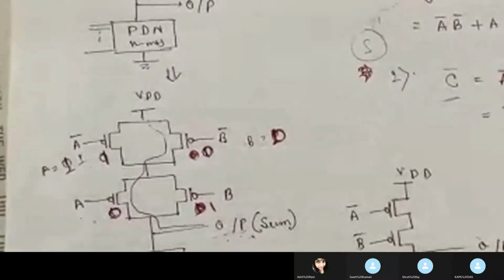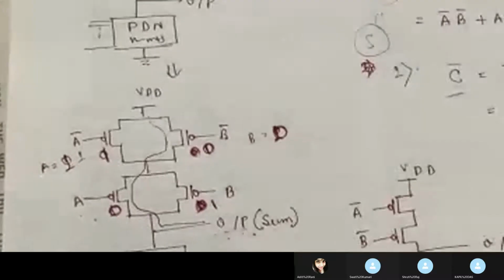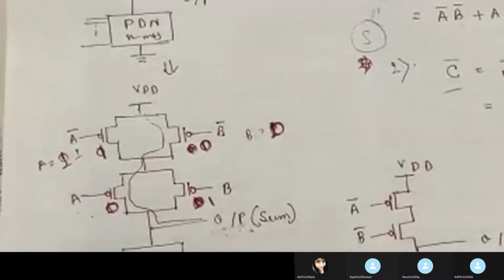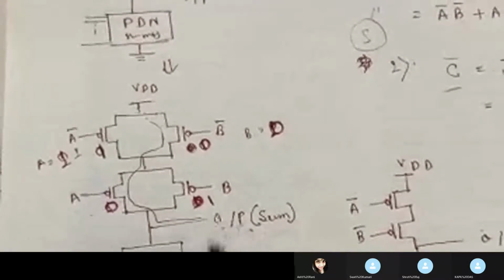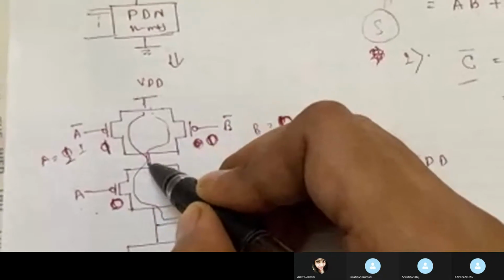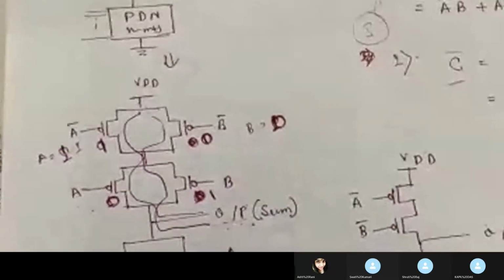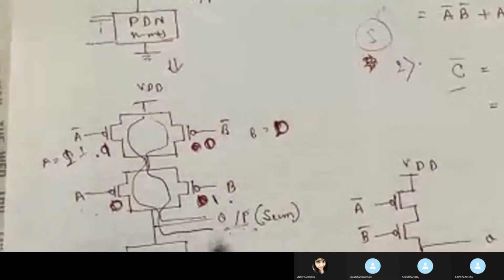So for this logic also you can see A and B, these two are in series, whereas one is in off condition, the second transistor is in on condition. So a direct path cannot be established to the ground from the output. Means no connection is formed between output and ground. But in the case of the pull-up network, you can see the VDD connection has been established via this path, because this is 1, it will come from this part. From this, it will go to the output. So via A bar and B, it will go to the output. So my final output will be 1.